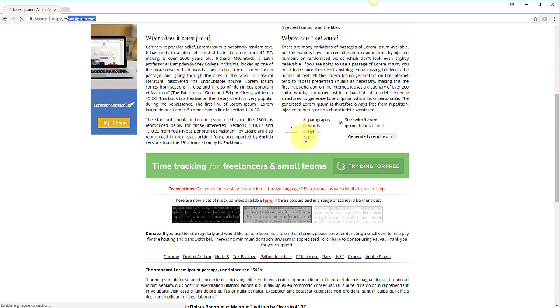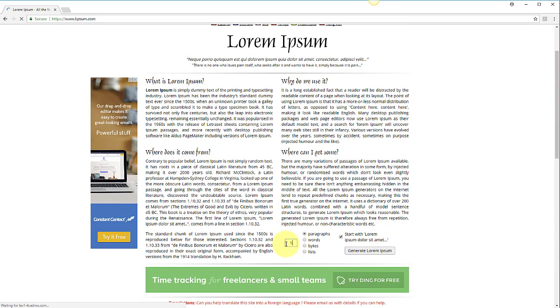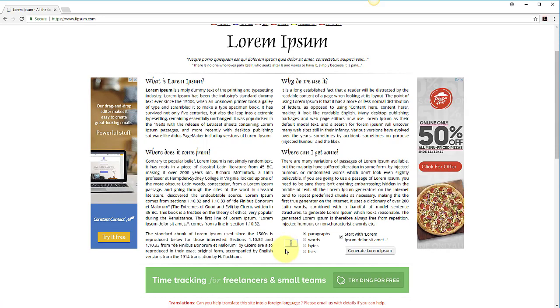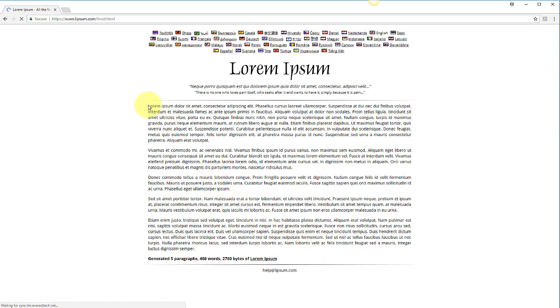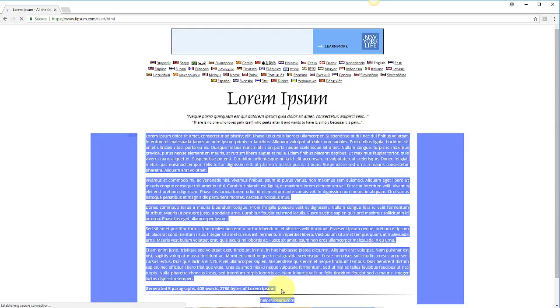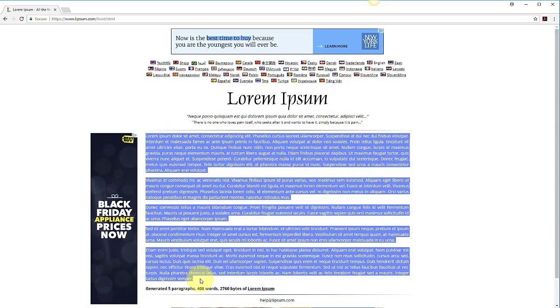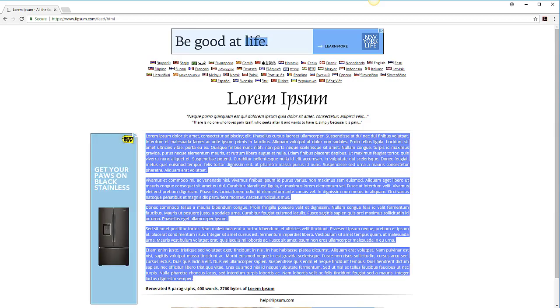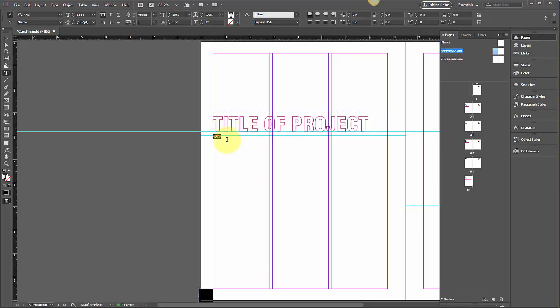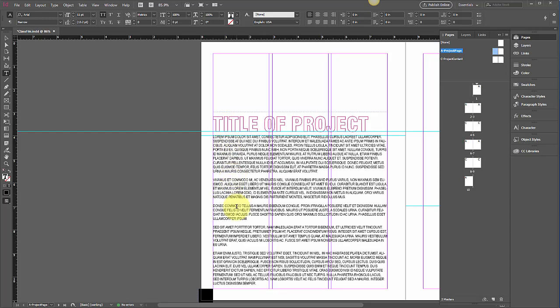And you can actually, just to get a graphic sense of how the large amount of content is going to look, you can tell it exactly what you want, paragraphs, words, whatnot, and it'll generate essentially what isn't Latin. It looks kind of like Latin, it looks kind of like English, it looks kind of like the Latin languages, but it's not. It's just gibberish. And you can go ahead and paste that in. Alright, so